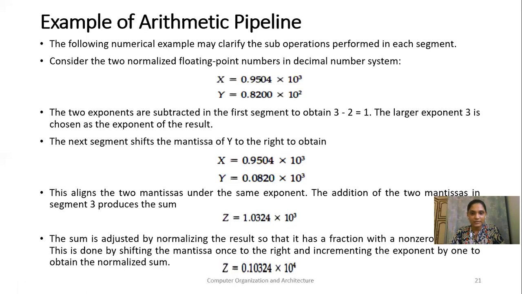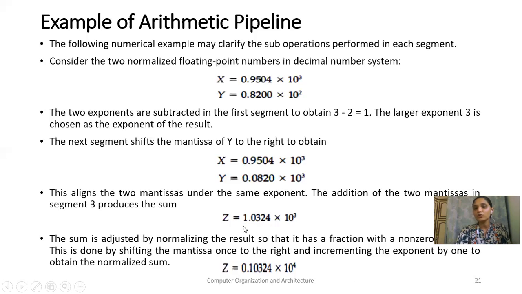But is it represented in a normalized manner? No. So what you require is to represent this number in a normalized manner. How can you do this normalization? Your normalized number will always have a nonzero digit right after the decimal point. So your representation should be like 0 point something. Here we have a representation like 1.03. That is not okay. You require 0.10 something like this.